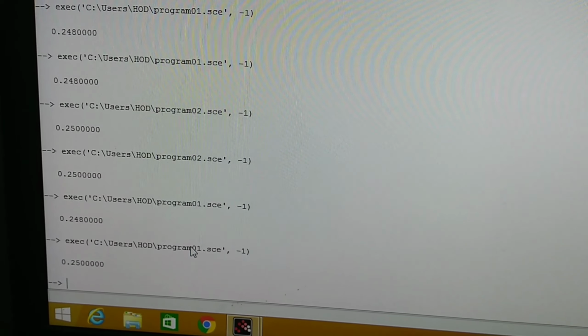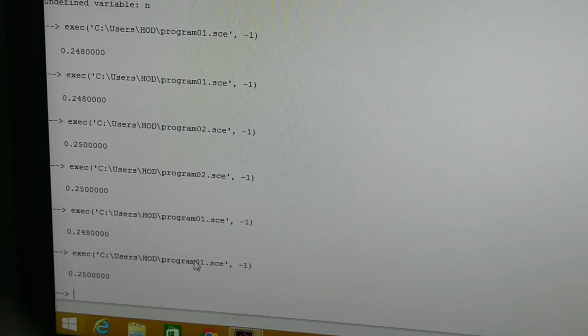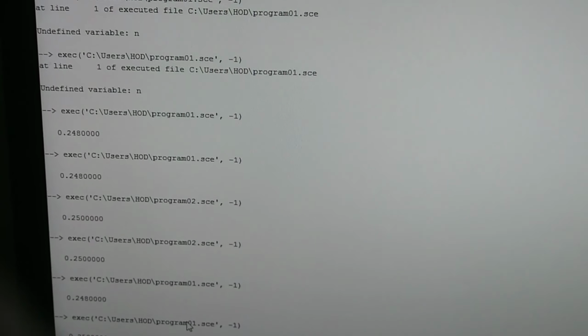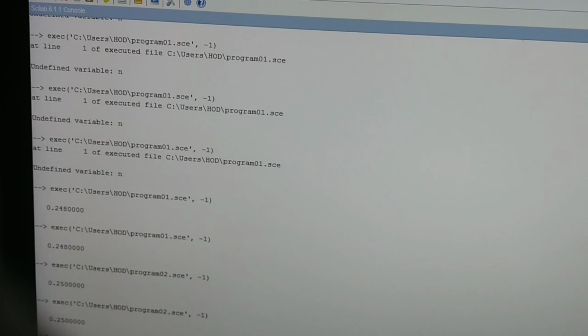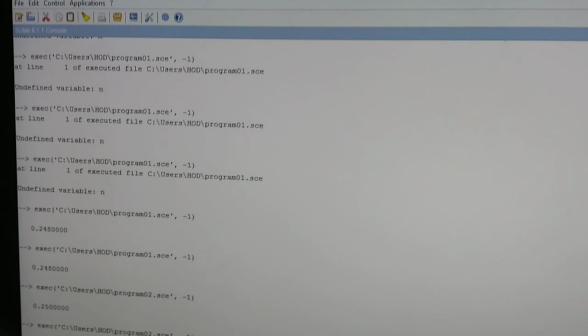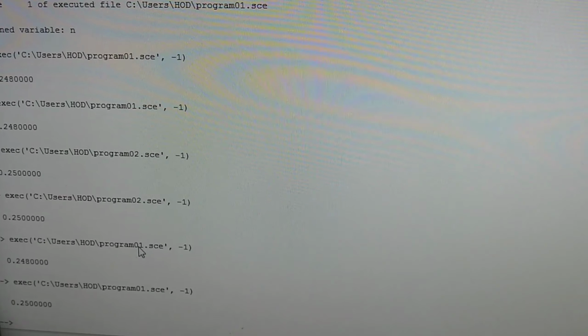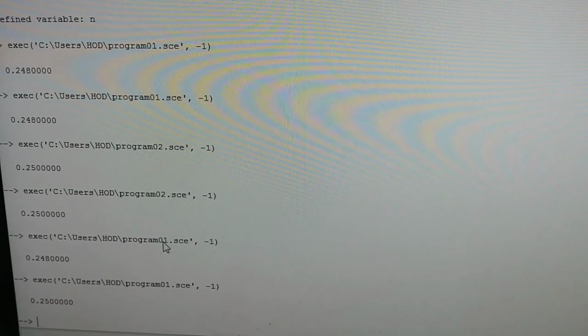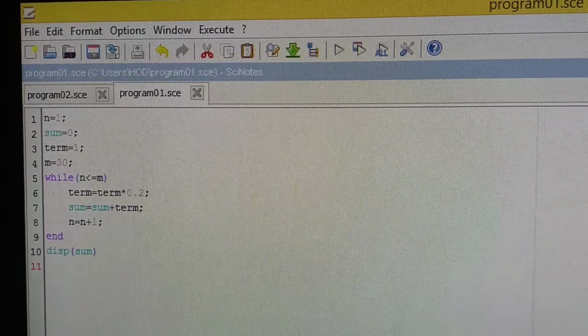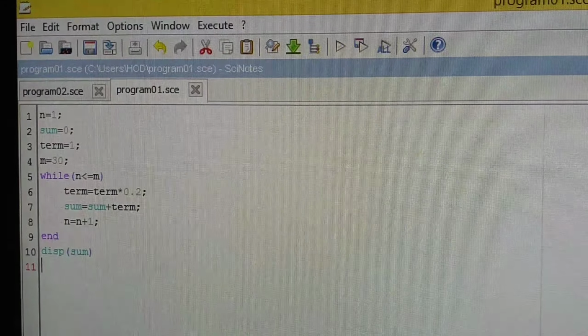So this is the method for finding the summation of an infinite series, which will be helpful for evaluation in Fourier series. Now I have taken m value equal to 30.